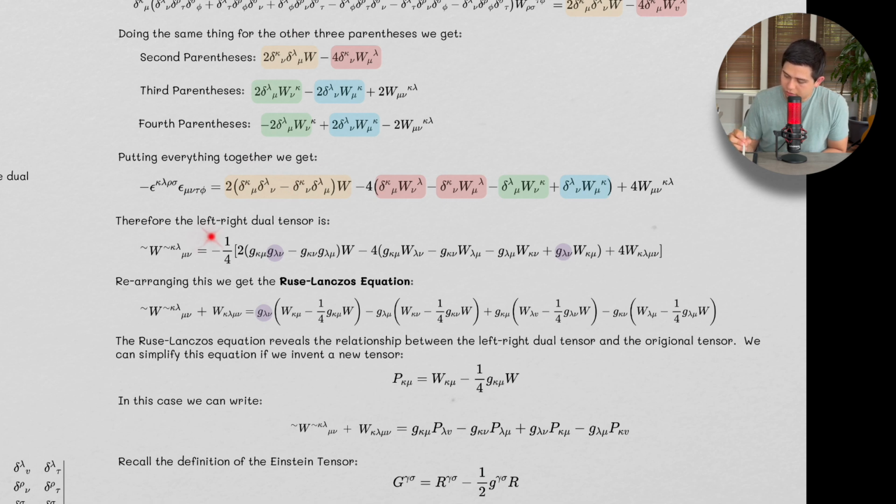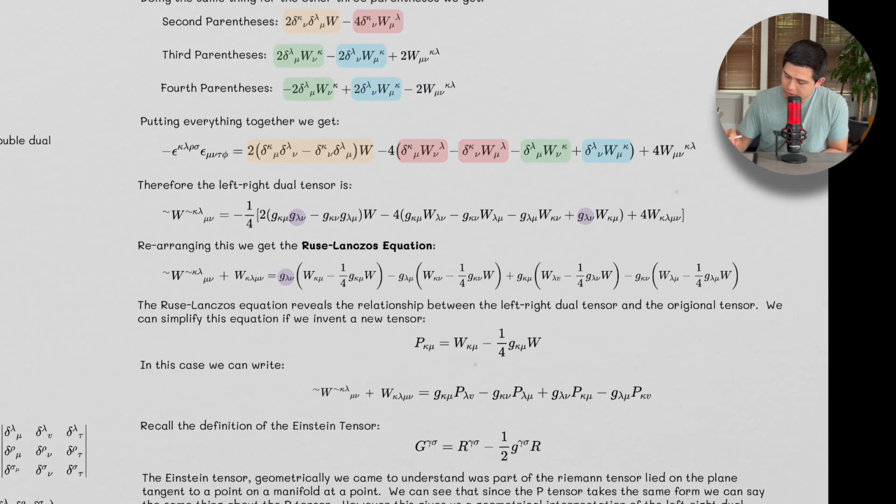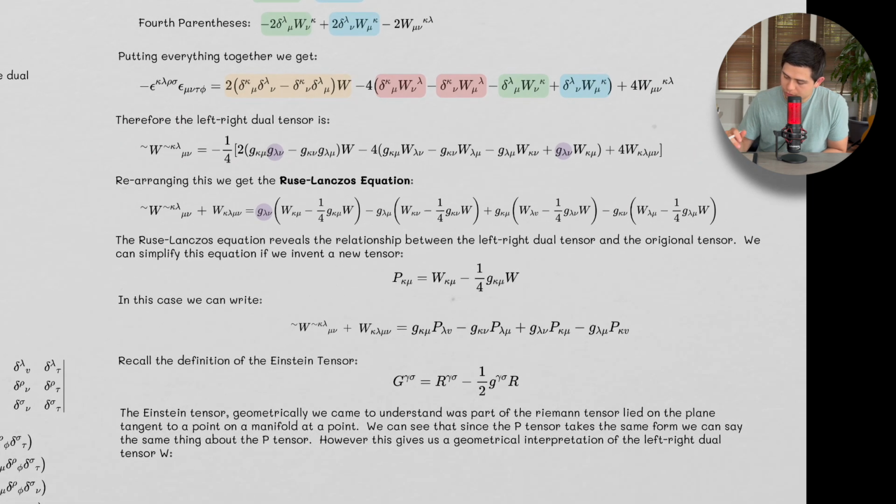Alright, so therefore the left-right dual tensor, which is this guy, again, this is what we're calculating up here, right here. The left-right dual tensor is this in here. Rearranging this, we finally come to the Ruse-Lanczos equation. The Ruse-Lanczos equation looks like this, right? So what we're doing is we are saying,